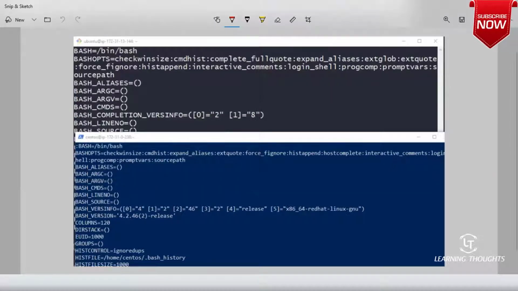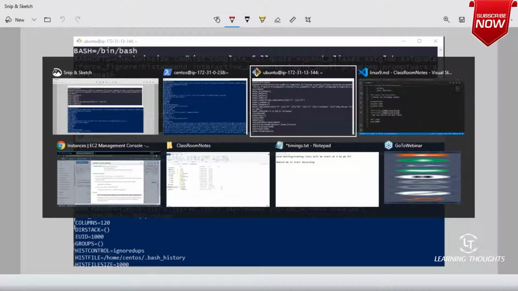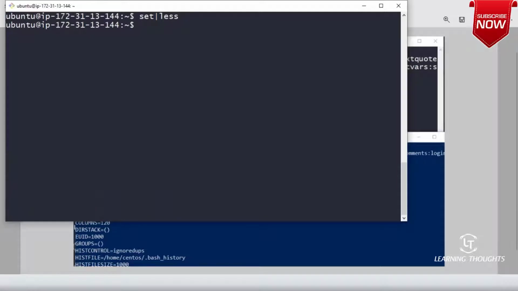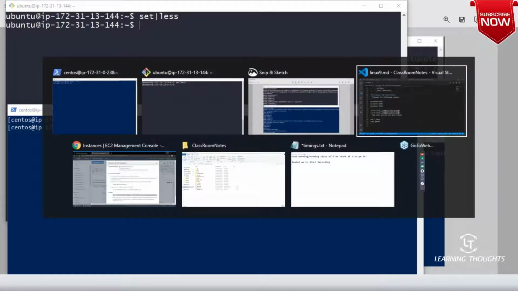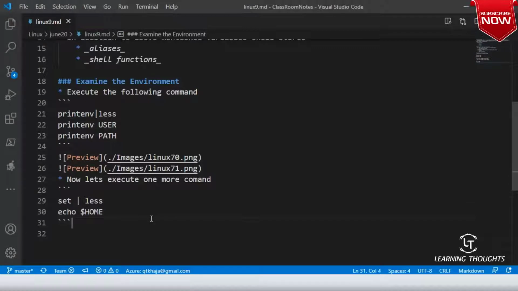Now let us try to understand the difference between the set and printenv commands. Let me save this.